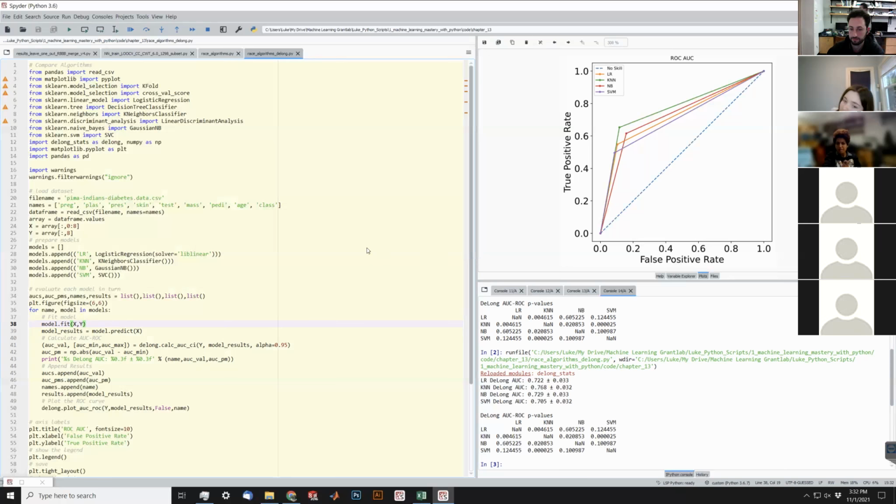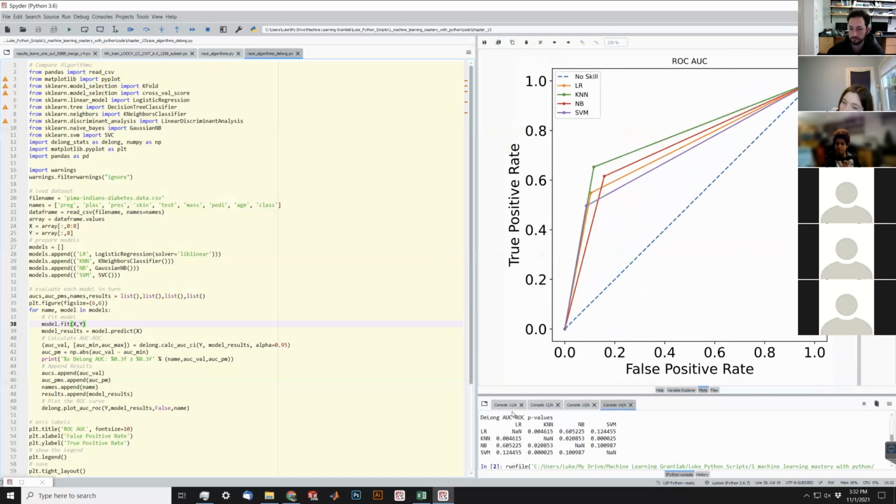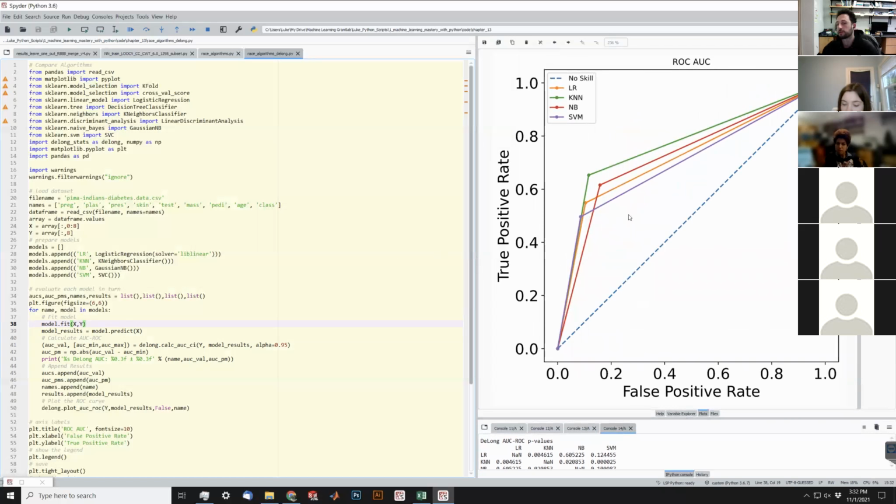Sure. So this is the AUC ROC curve. I mixed up the order over here, but these are receiver operating characteristic curves. And essentially what this is, is a trade-off between a true positive rate and a false positive rate based on where you